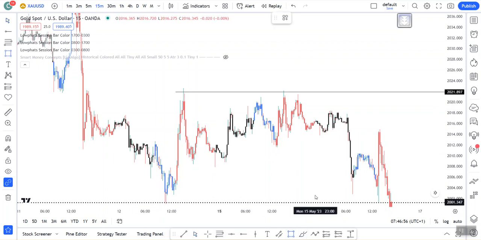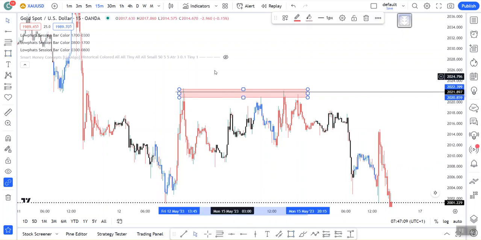This zone, US session zone, this zone, US session zone, and this is US session supply zone. This is US session supply zone. You can look at this